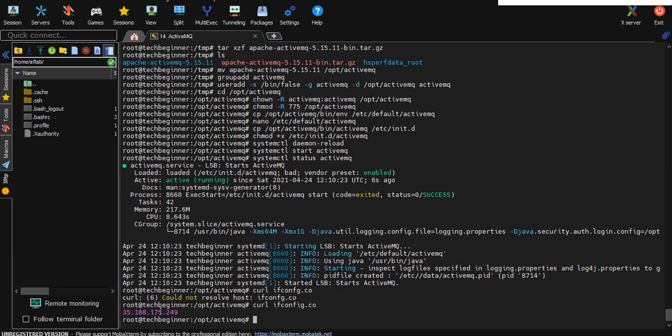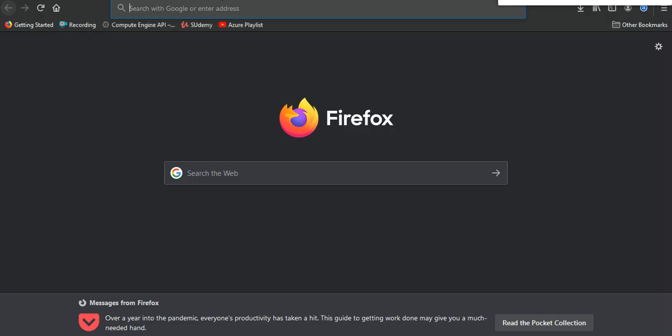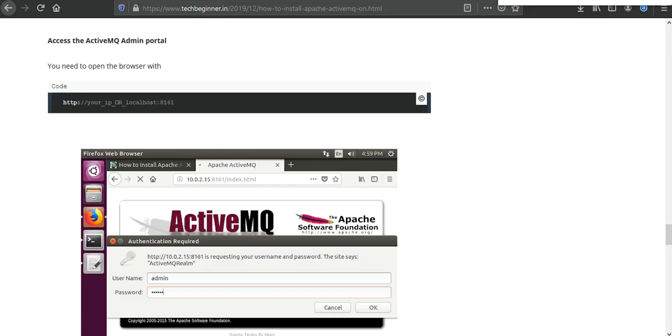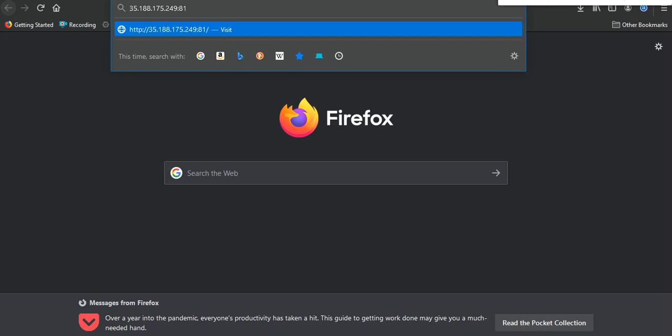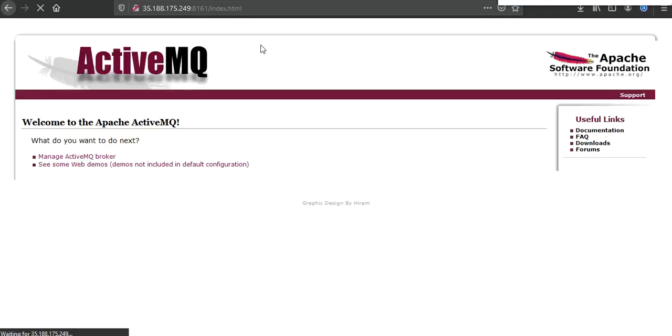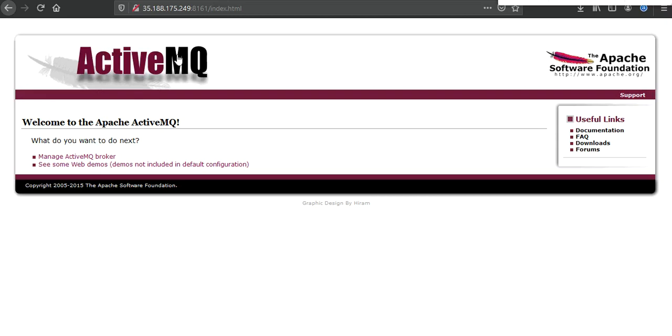There was a command mistake, so just copy and paste here, and after that we need to type 8161. So here we are getting the ActiveMQ web user interface successfully.